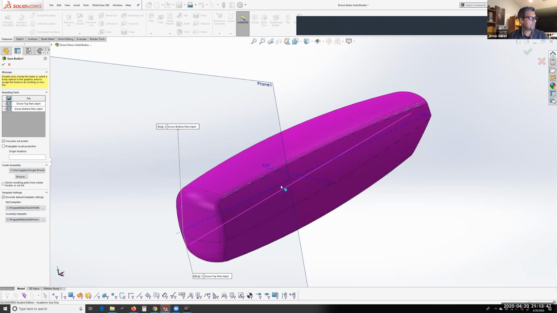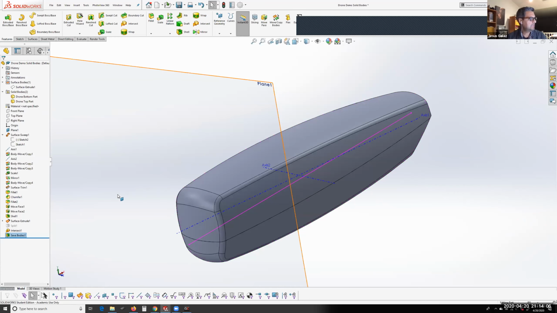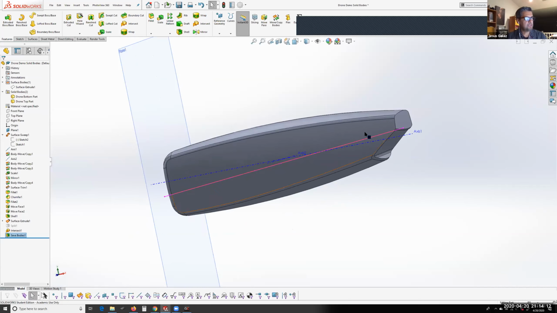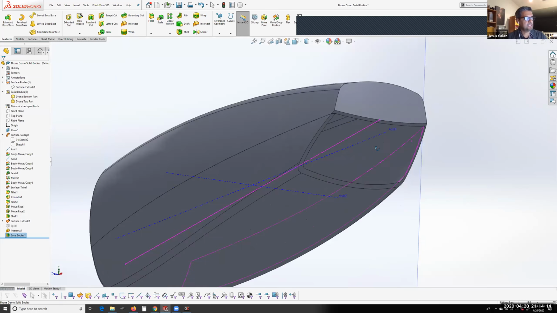But I also clicked on consume cut bodies, and what happens is that they get consumed by the division of parts and the saving out of the parts. If I don't click on that and just hit OK, it's updating those bodies. This model sticks around, it stays,